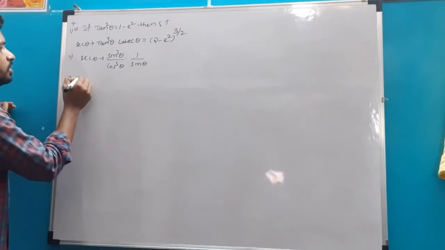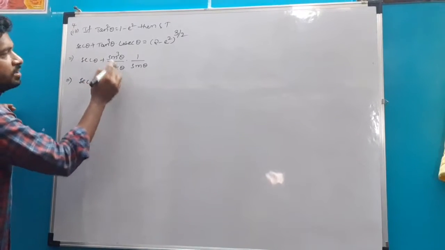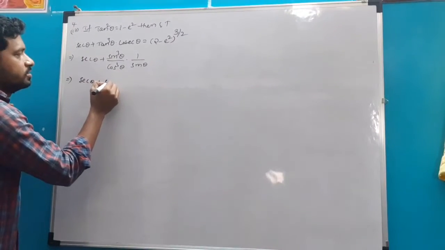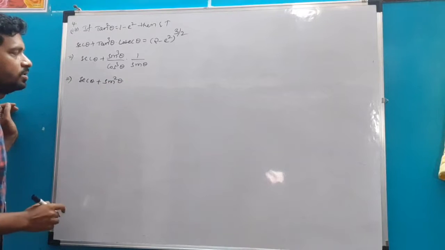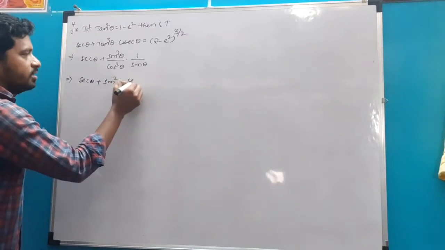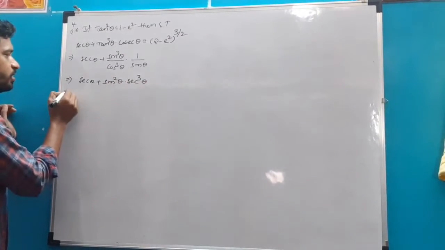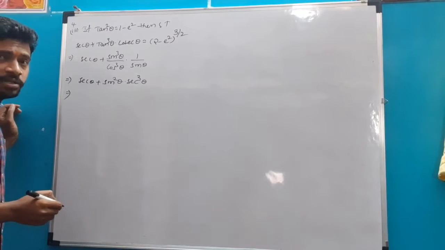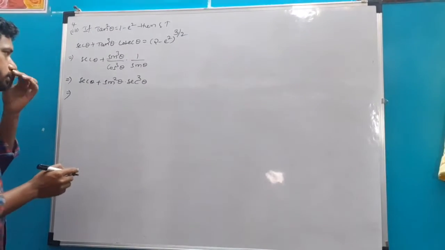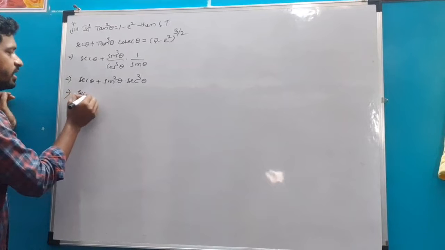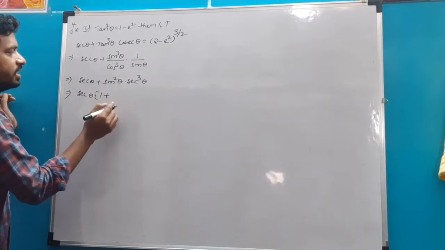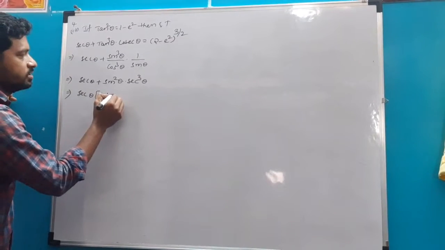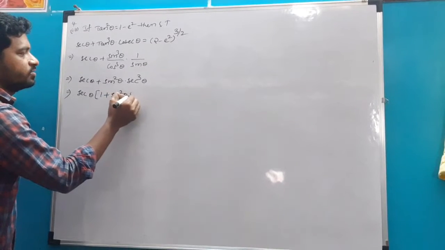Here it will become secant theta plus, and sin will be cancelled, sin square theta into 1 by cos cube theta, which we can write as secant cube theta. From this we can take secant theta common. By taking secant theta common, it will become 1 plus sin square theta into